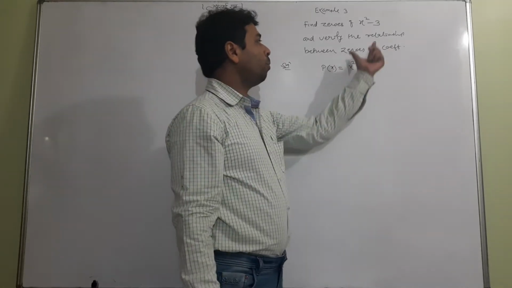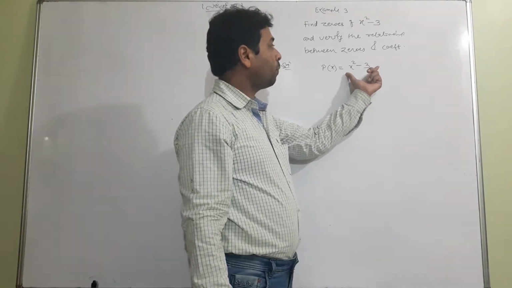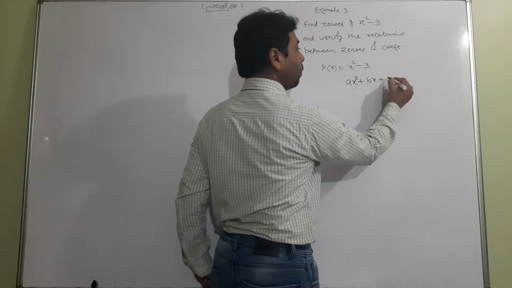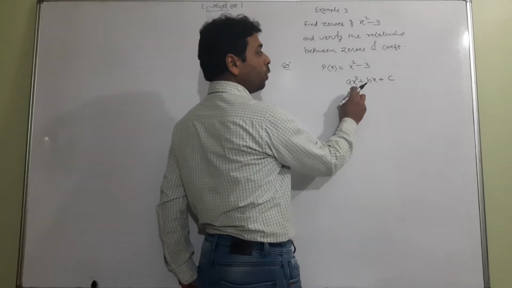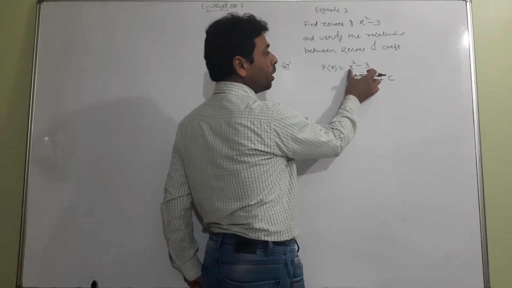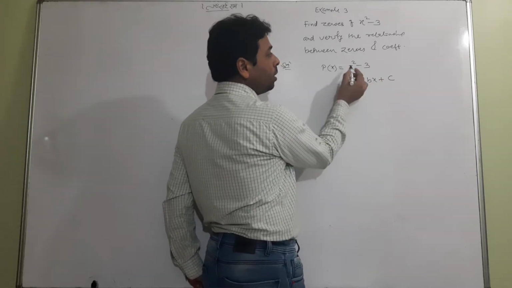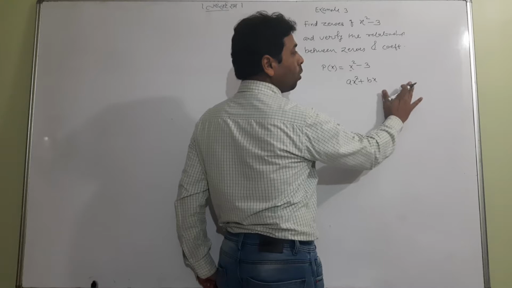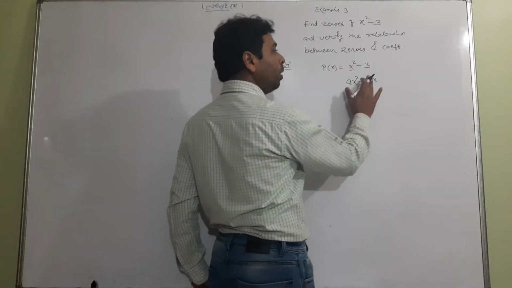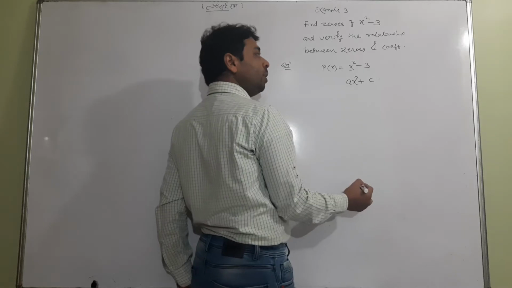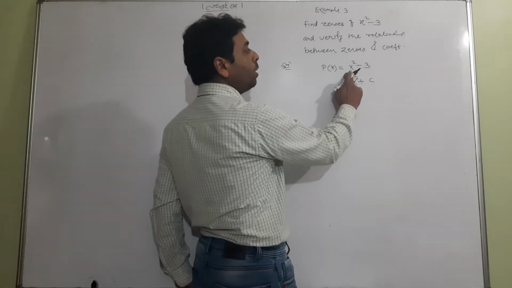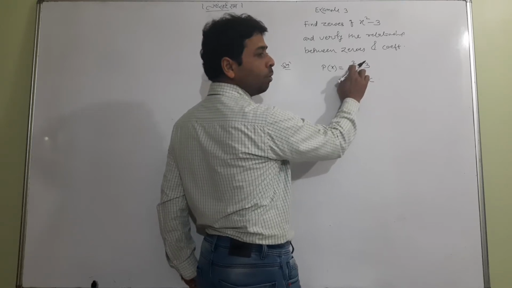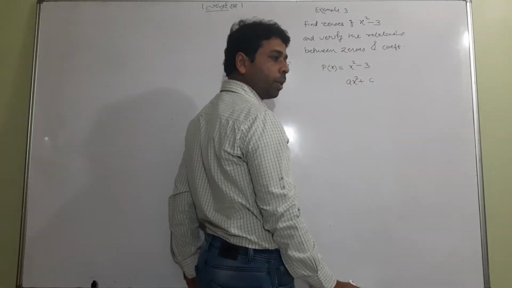You compare it to this polynomial, it is a quadratic polynomial. A very important thing is that a quadratic polynomial has a general form where 3 terms are lying, but in this quadratic polynomial only 2 terms are there. This is x square, an essential term. If this term is not there, it is not a quadratic polynomial. Suppose only c is not here, it is again a quadratic polynomial. Look at this, it contains only 2 terms, but x square is there, which is the essential term, that's why it is a quadratic polynomial.